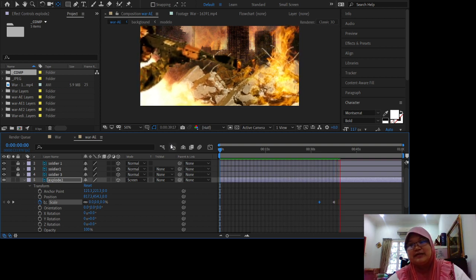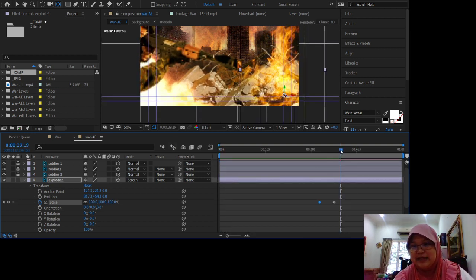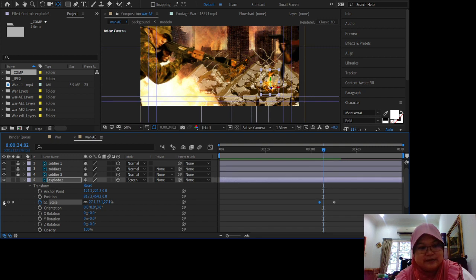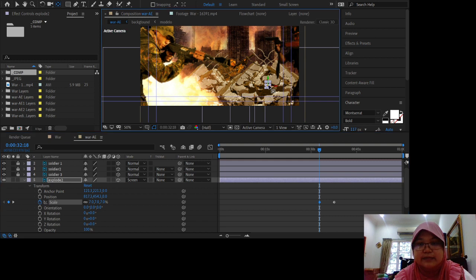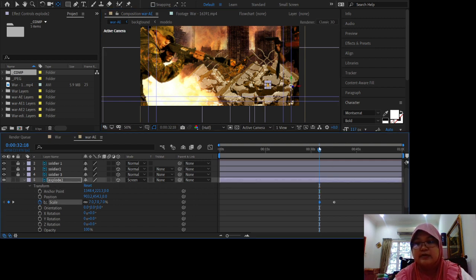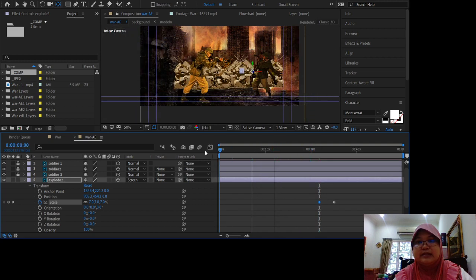It looks a bit weird, so probably I should do like the anchor point. I want to cut it in a scale first, so that I can see the anchor point. So for example, this is the anchor point, so maybe you can make it like it's coming from here. Also can. So what happened is, okay,